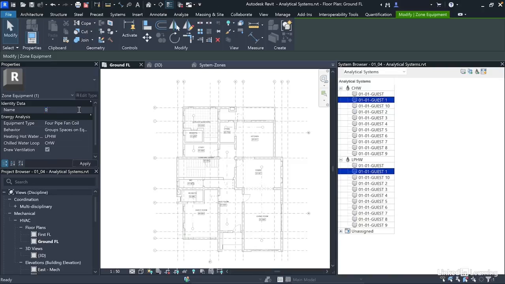So I'll name this 01-02-anti-lobby. I name this 01-03-living dining. Name this 01-04-study safe. And I name this 01-05-kitchen. Then I move to the first floor, name this